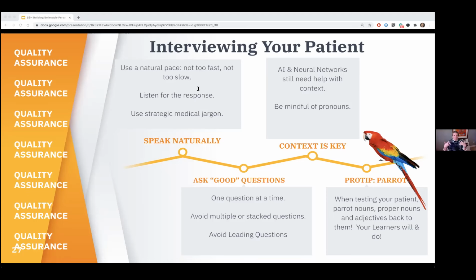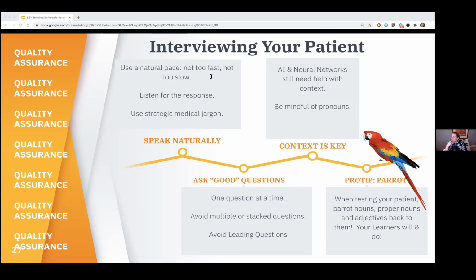Next, be mindful of follow-up questions containing pronouns. AI and neural networks aren't yet on par with the human brain, which is good for anybody scared of the singularity. So when it comes to understanding conversational context, the human mind far surpasses AI. So when you are asking follow-up questions that use the same subject as the previous question, be mindful that you might have to repeat or clarify your question.